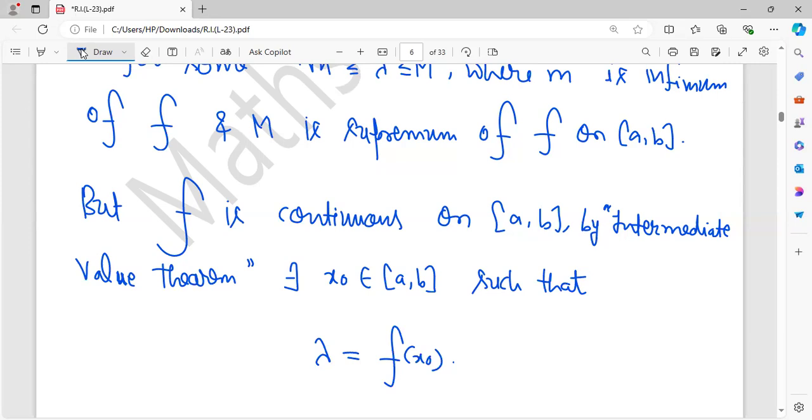You are taking a value lambda in between the functional values of a continuous function, so that will also be attained by the intermediate value theorem. That is why lambda is equal to f(x0) for some x0 belongs to the closed interval. So therefore,